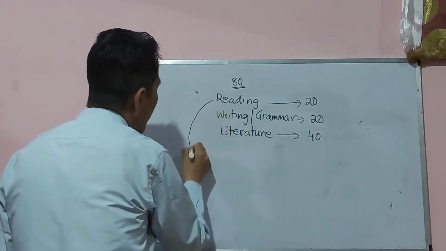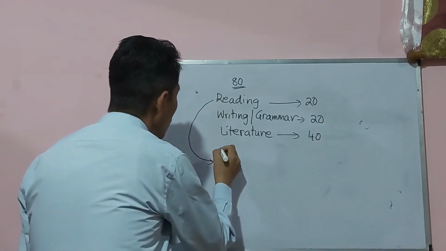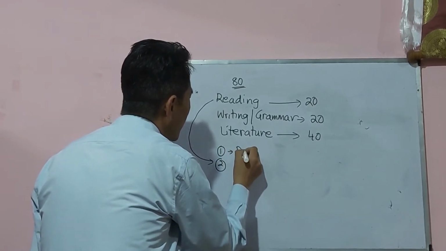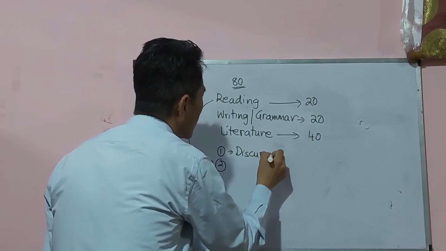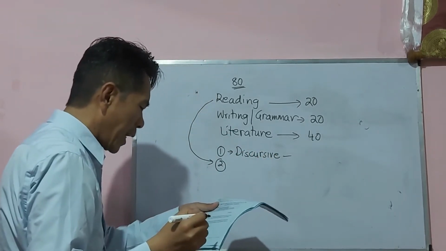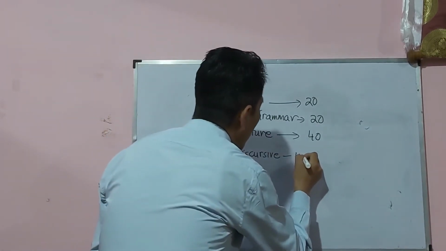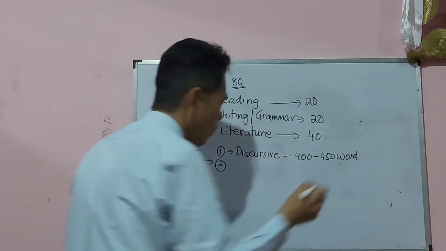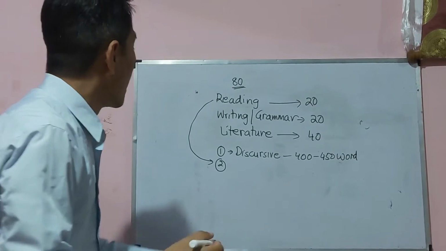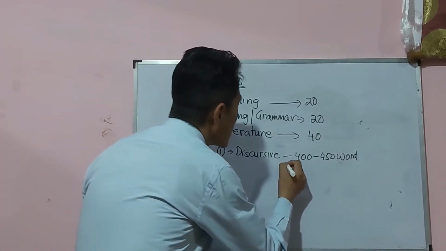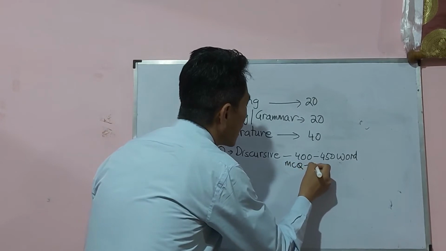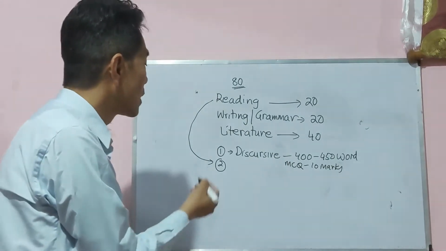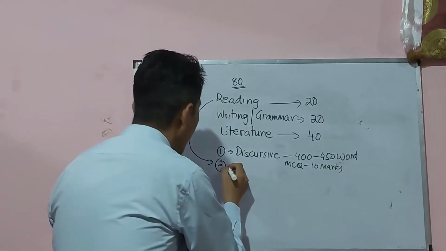As far as reading is concerned, there will be two reading passages. The first one will be a discursive passage, having around 400 to 450 words. This long passage you will be given, and there will be MCQs and short answer questions, 10 marks. There will be multiple choice questions, and the second one is